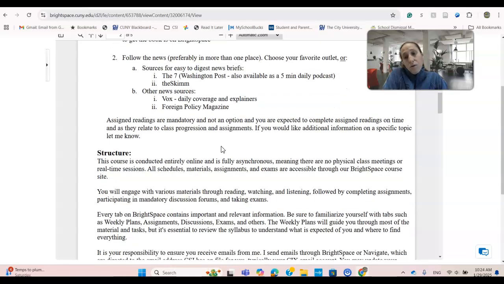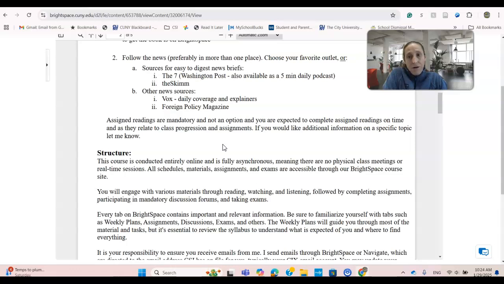So know what the bias is, and maybe if you have time, triangulate and get your news from more than one source, maybe one that leans left and one that leans right. And so you can get a good mix and make your own judgment.